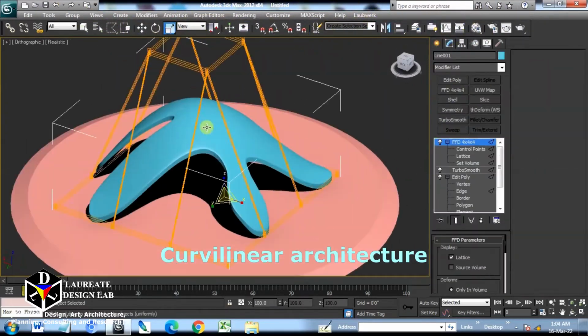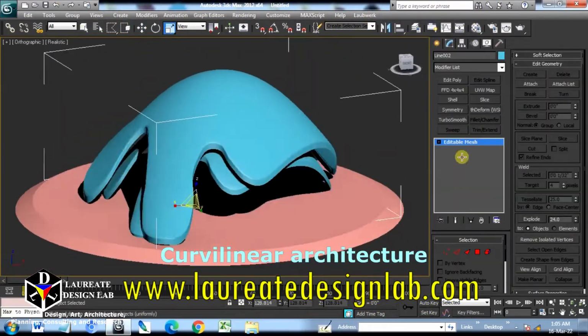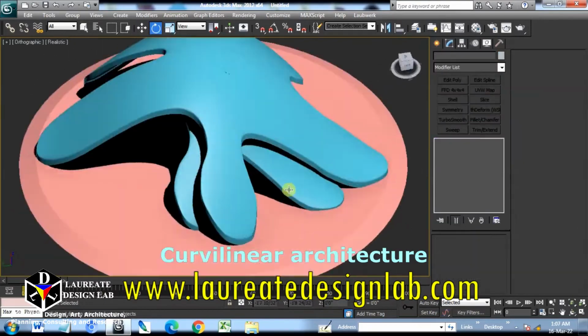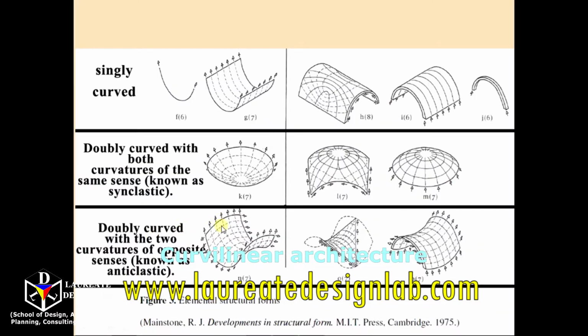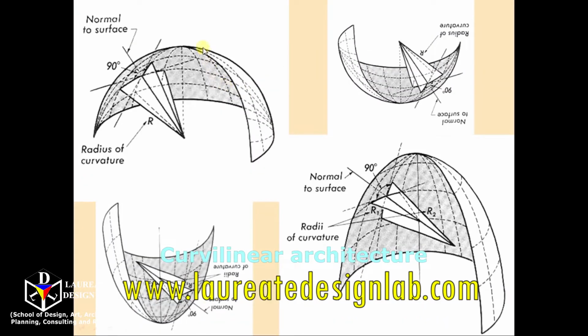Sheltering is one of the most vital components of human life. The sheltering space provides protection, which ultimately gives